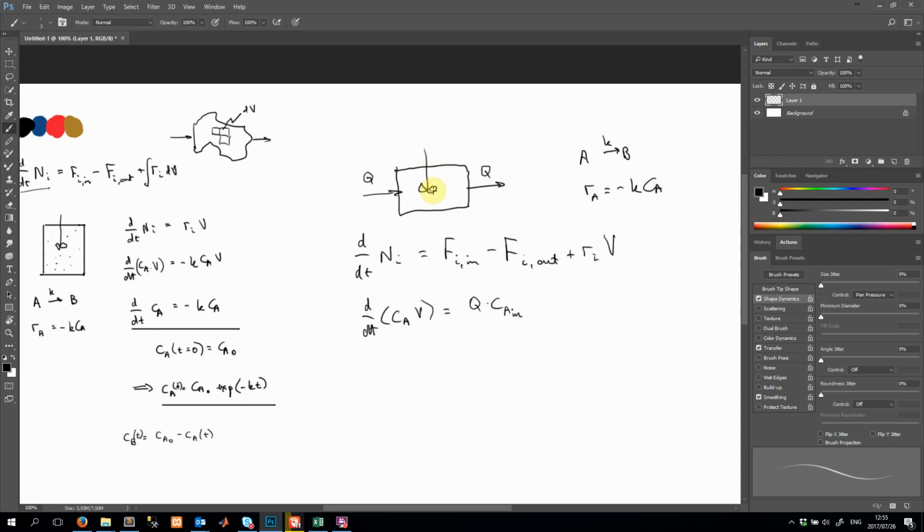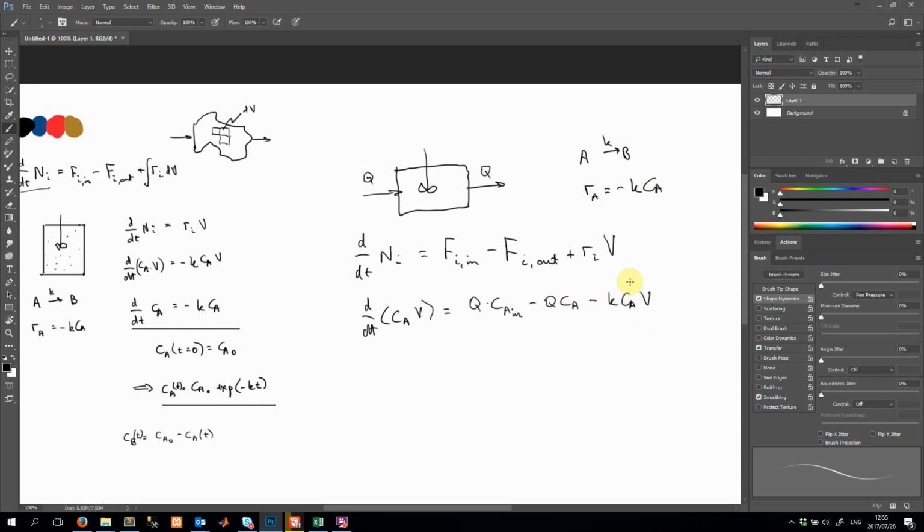So by virtue of this perfect mixing, the concentration is the same at all points in that reactor, including the point immediately at the exit. So that's going to be a Ca as well. So we can say minus QCa here, and then Ra is going to be minus kCa, so minus kCaV,